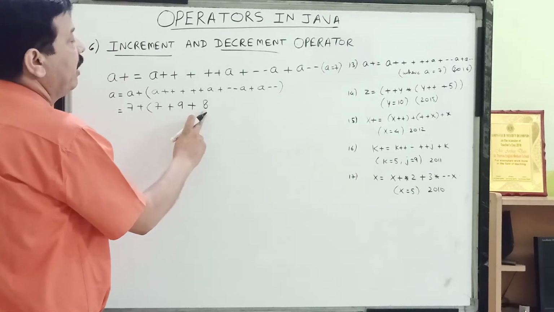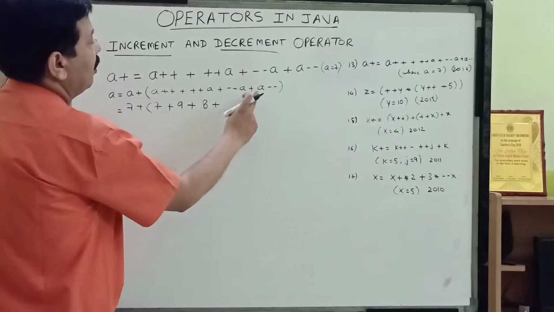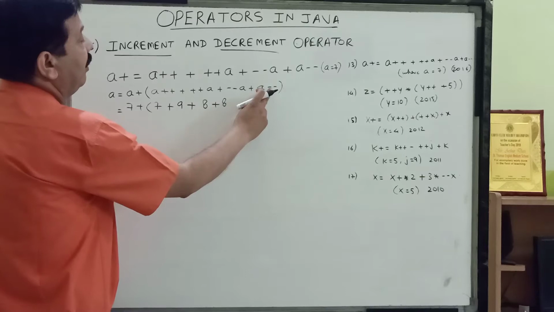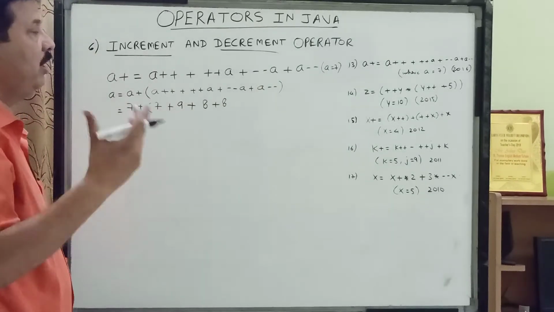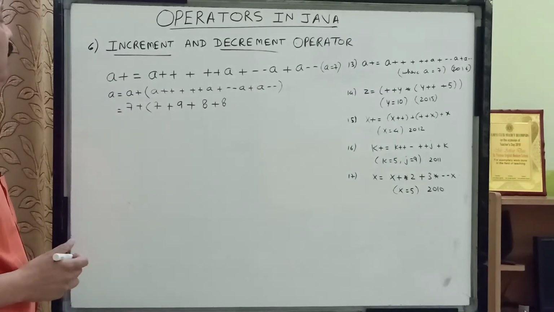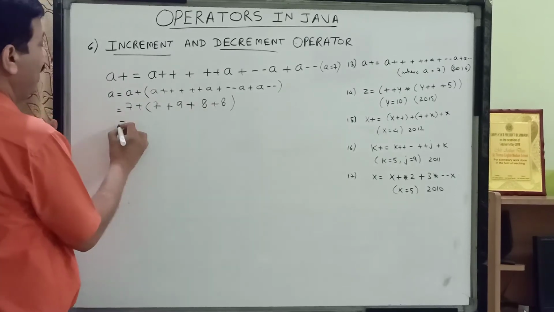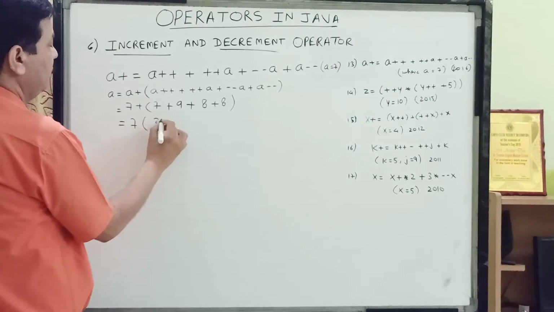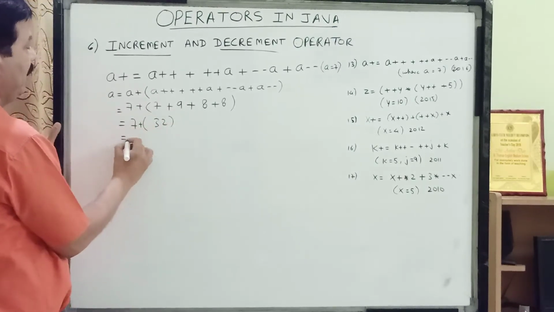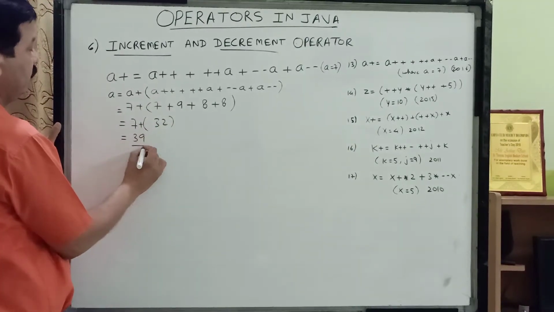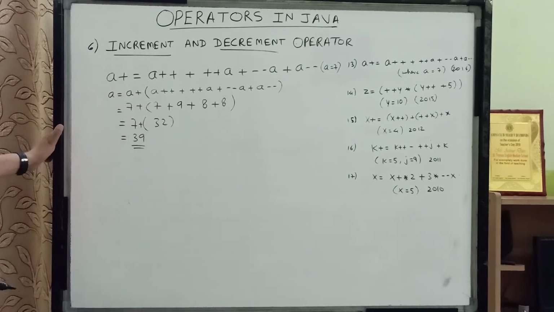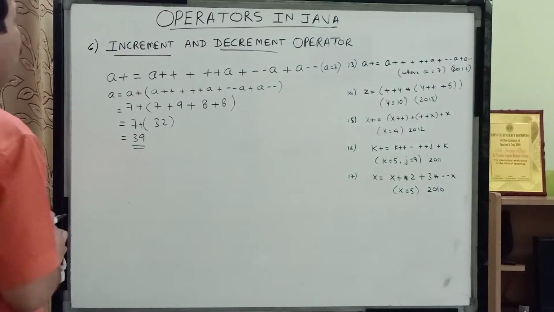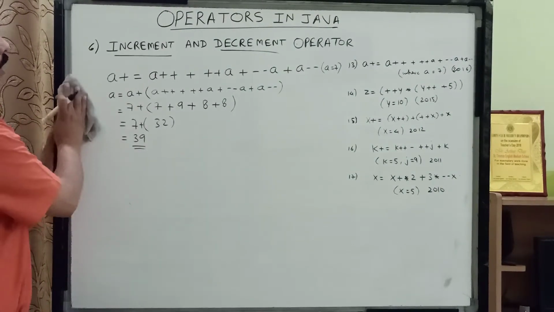It is decreased by 1, and now again when we add a, it will be 8, since this decrement operator is put after the operand. So this is the value we evaluated: 16 plus 16, 32, and it will get as 39. So children, this is the answer to this one. This is the question from 2016. I hope you have followed it.